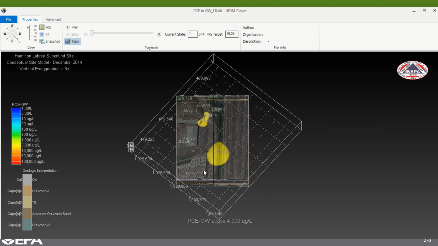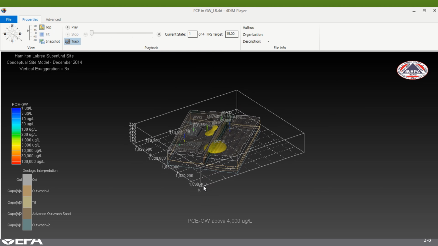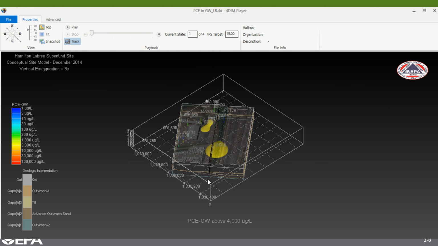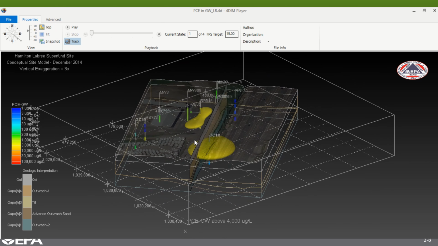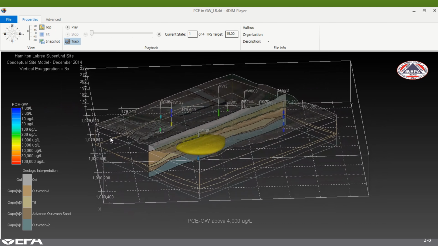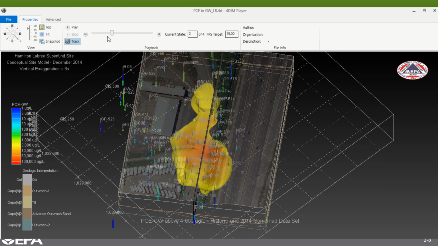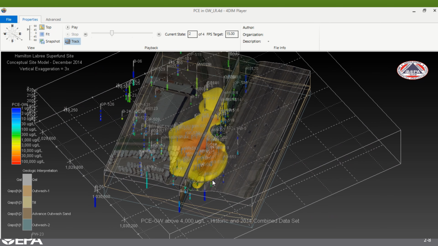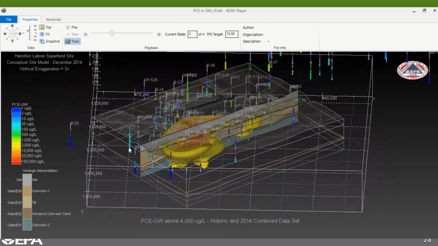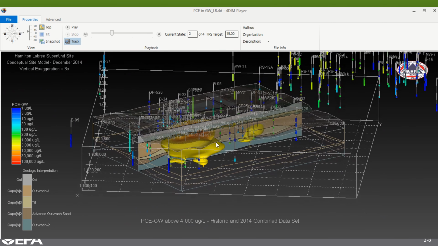And then finally at Hamilton-LaBrae, let's look at the historic information. This is looking at PCE above 4 parts per million, 4,000 micrograms per liter, based on historical information. And you can see it's relatively low density, and of course the interpolators do things like putting plumes where we really don't have a lot of information. But as we add on the high resolution information from the 2014 event, you see that the 4 ppm plume contour becomes much clearer,